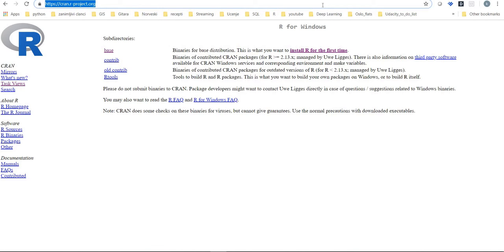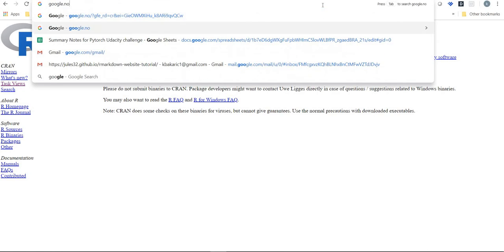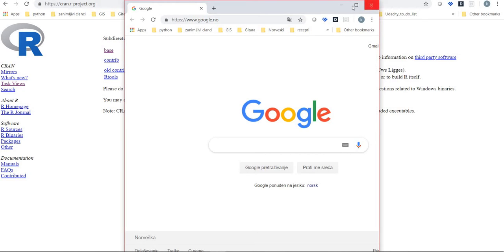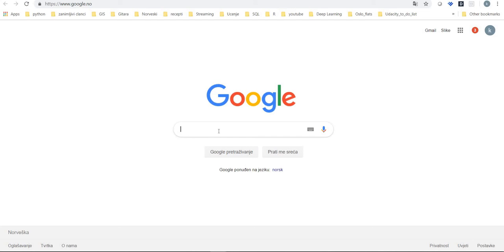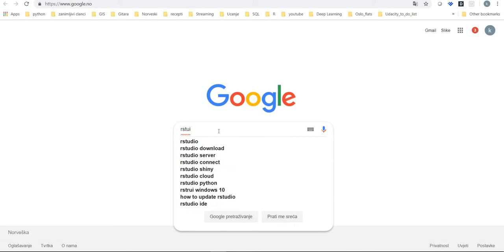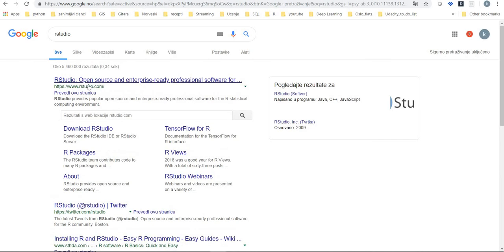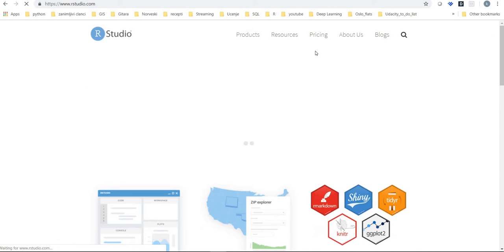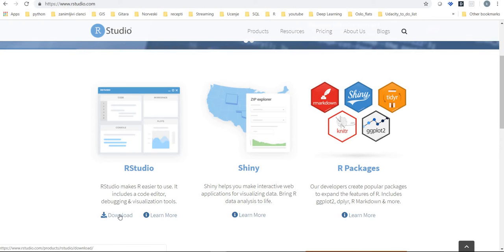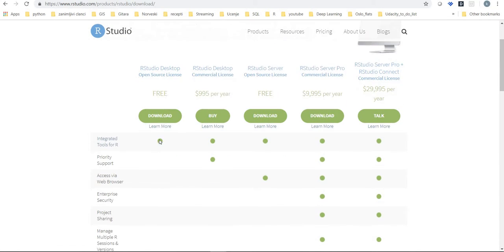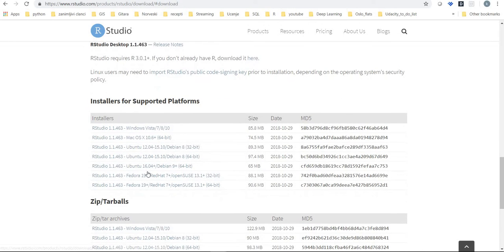The second step is going back to Google to install the integrated development environment, which is called RStudio. Here we download it. We download the free version, and we again choose whatever platform we have locally. In my case, it's Windows. After that has been installed,